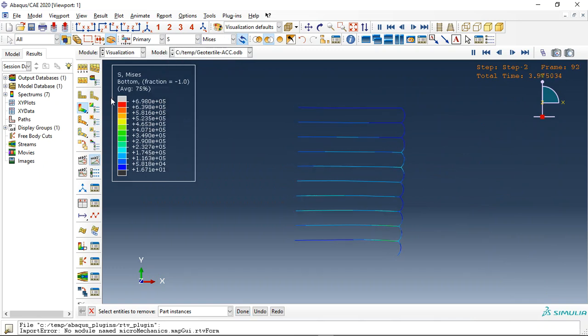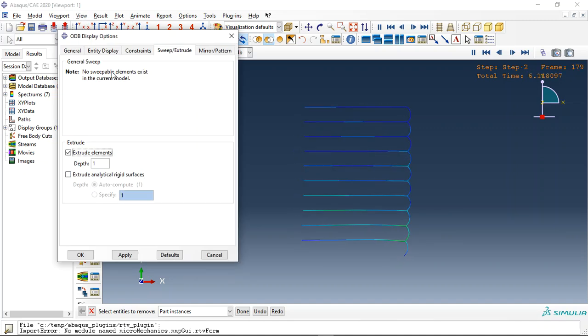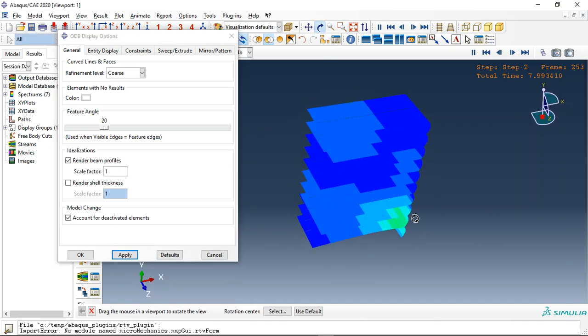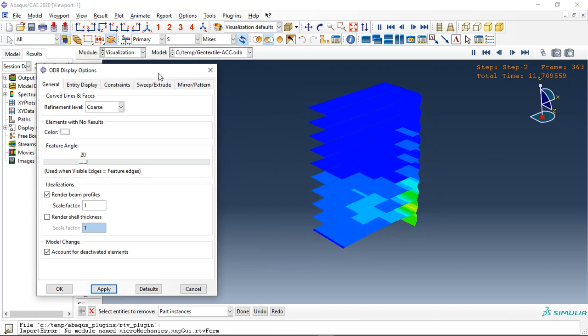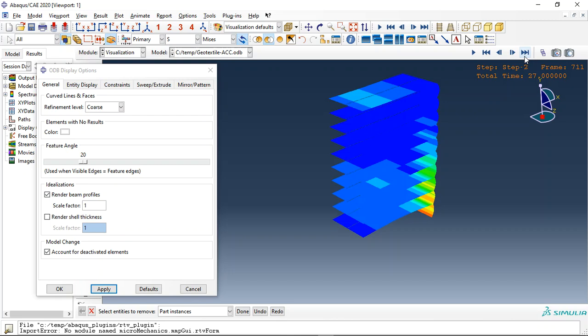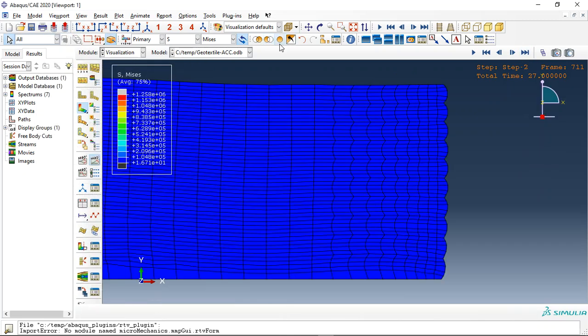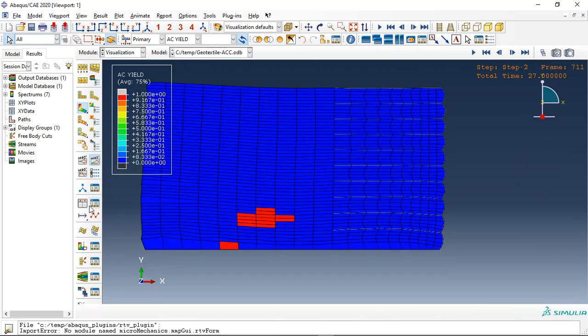the stress. We can also consider this as the render beam profile to check it in 3D view. See here, this is the 3D view and this is the final frame. Now replace all. You can check also other results, for instance from the